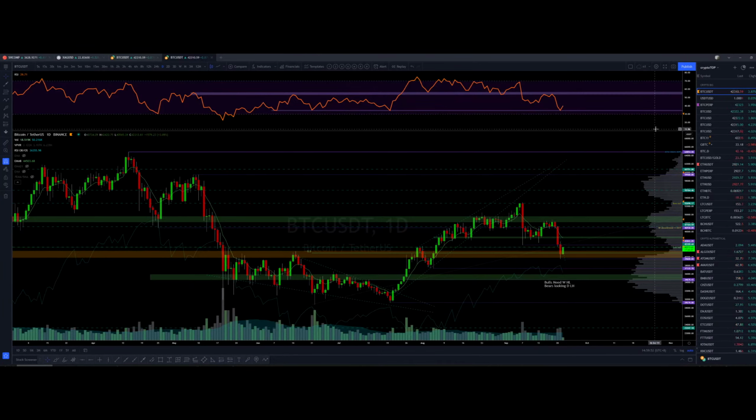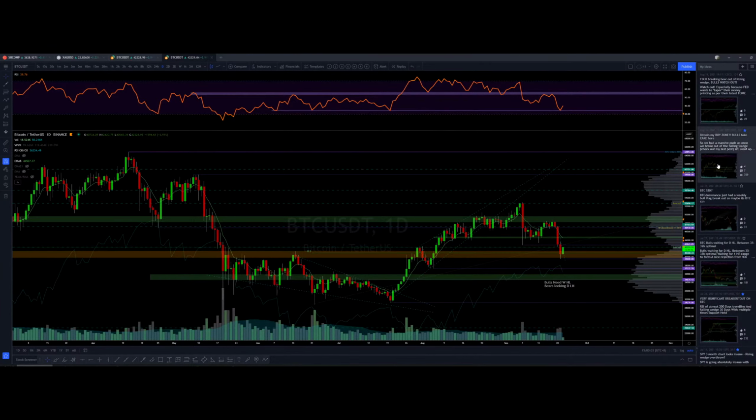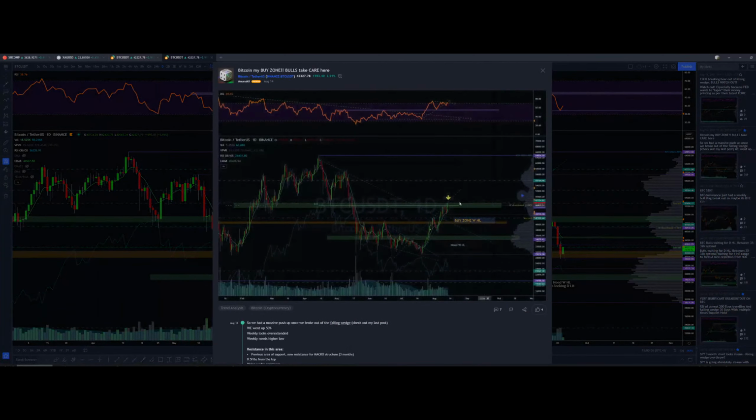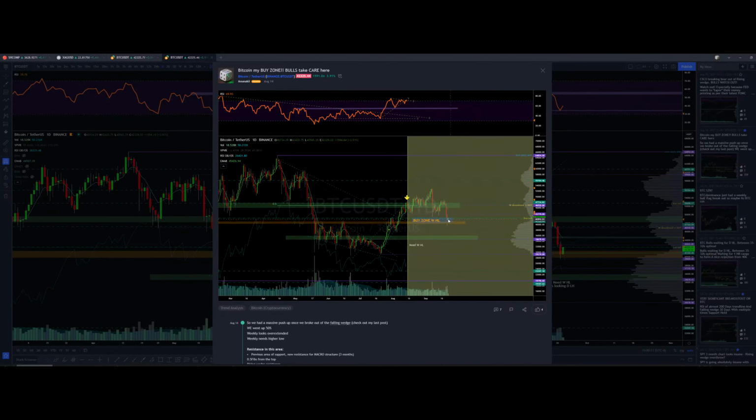Right. So what else do I want to talk about? I wanted to talk about S&P 500. Let's have a look at my ideas, right? Look at this one. Actually, you know what? We are now in my buy zone, which I was looking at when I was doing this one. So this is the buy zone for weekly high low, right? We're testing this important area. So you could buy here and put the stop loss over here, and then hope that we're going to go up, right? That the bulls can hold it because this is a support area.